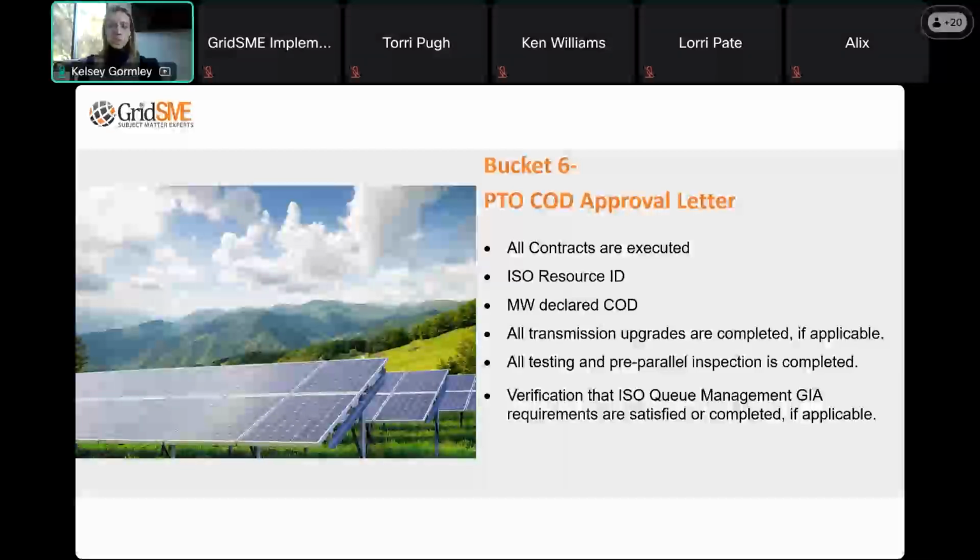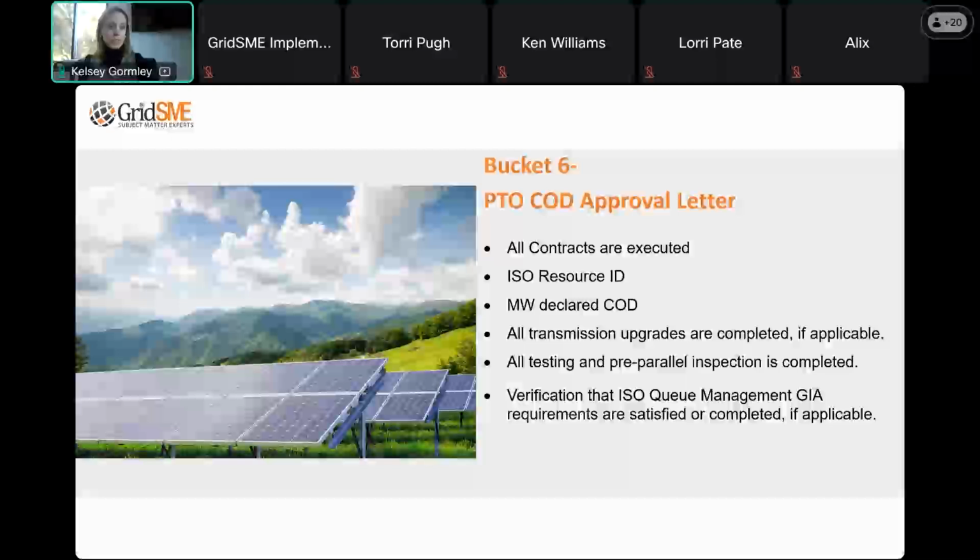What are those things? Well, the letter has to clearly state that the PTO has given permission to commence commercial operation for the megawatts that we want to declare commercial. So again, if we are using the COM process, it may be less than the full POI megawatts capacity of the resource, but it's what the utility is giving permission to go commercial for. There cannot be any restrictions or limitations or conditions on megawatt output in that letter. Otherwise, you're going to need to have a comp plan in place.